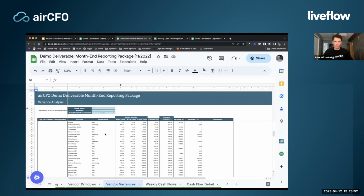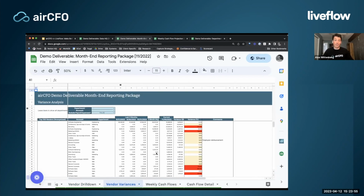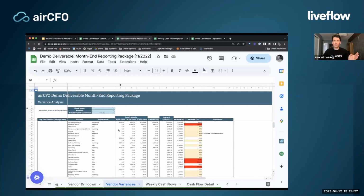We can also do a vendor level variance analysis so we can see how spend at the vendor level is shifting. This is a really important one, especially in today's environment when it's much more top of mind for startups to keep spend in check. So, in an ideal world, we're looking at this on a monthly basis with our client, and we're looking for spikes in spend within various vendors, and we can go to those vendors and understand what we can do to contain costs, or we could rationalize spend at the vendor level and potentially cut out any costs that are the result of